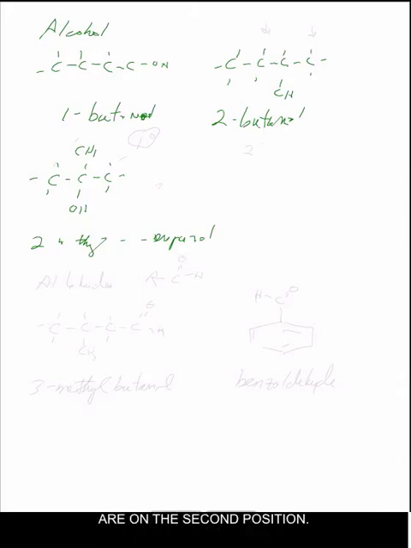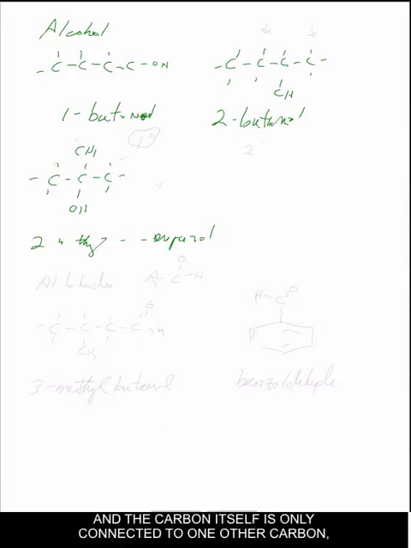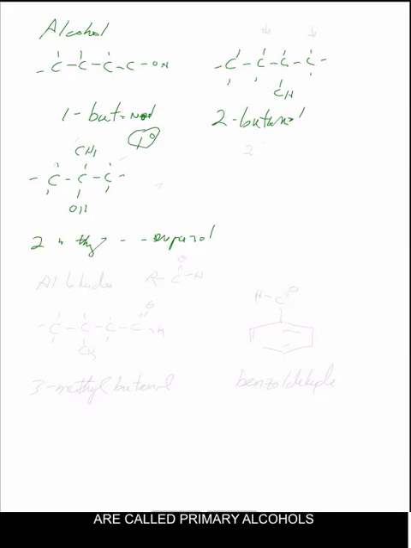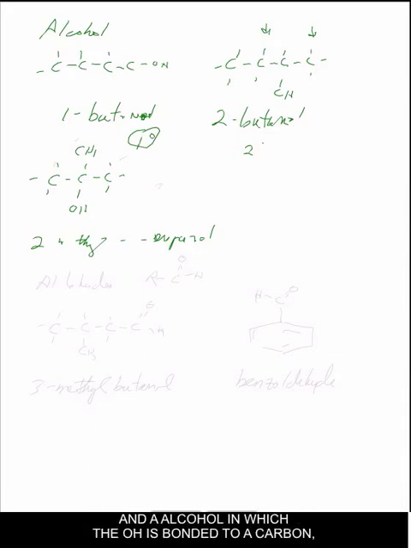second position. Another designation that's often used here, and it'll come up in another discussion, is that alcohols in which the OH is on a carbon and the carbon itself is only connected to one other carbon are called primary alcohols, whereas an OH that is connected to a carbon which in turn is connected to 2 other carbons are called secondary alcohols. For example, if you notice up here, this carbon to which the OH is connected to 2 other carbons, and that makes this therefore a secondary alcohol, and an alcohol in which the OH is bonded to